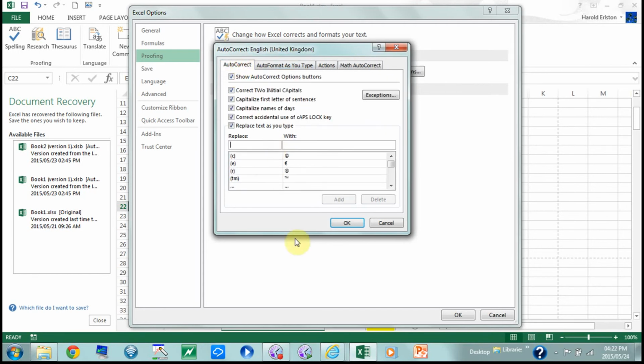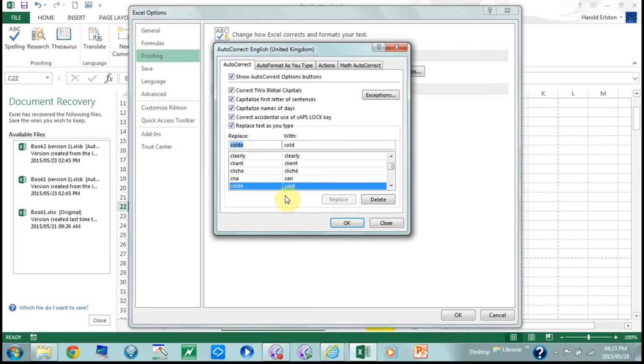So what we're going to do now is, one of the words that I keep on putting in wrong is the word cold. Somebody keeps on typing it as "colde" with an E. So we're going to go in and tell the system that should somebody type out that word, C-O-L-D-E, it must be replaced with the following word. So type in the word that I want to replace, and then type in the word that I want to replace it with. Click on Add, and as you can see at the bottom over here now,